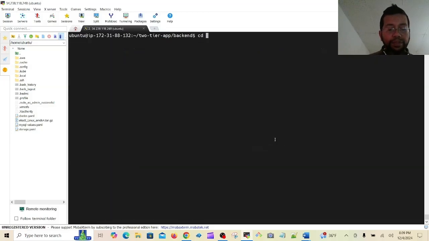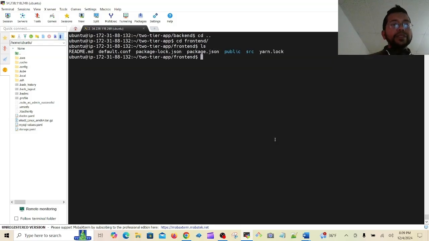Now let's go to the front end. cd, step back, cd front end, ls. So front end has default.conf, package-lock.json, then package.json, public, src, yarn.lock. So I have to edit one more Dockerfile here, that means nano,